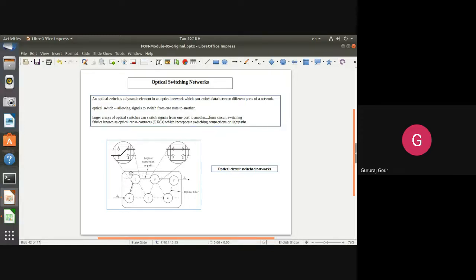So in that, node B is acting like an optical cross connector, OXC, providing the cross connection between the IO ports 2 and 3. This gives you the logical connection, or the light path, established with the help of node B, which is acting like an OXC, from A to D. The logical path between D to F is provided by node D.